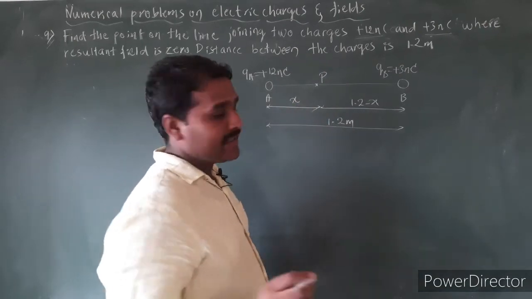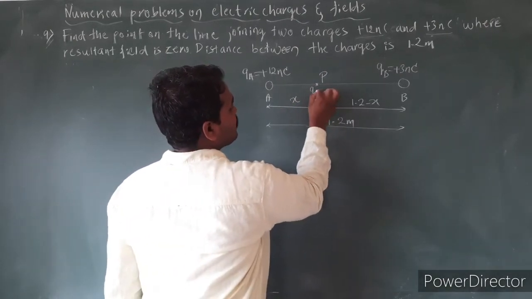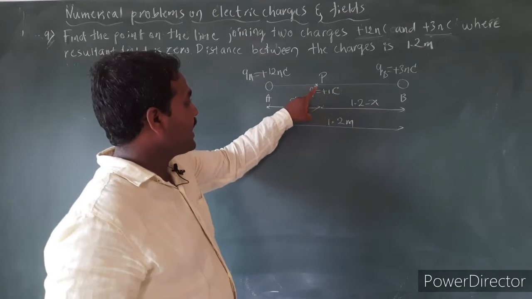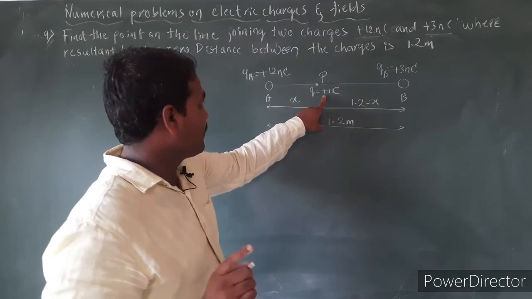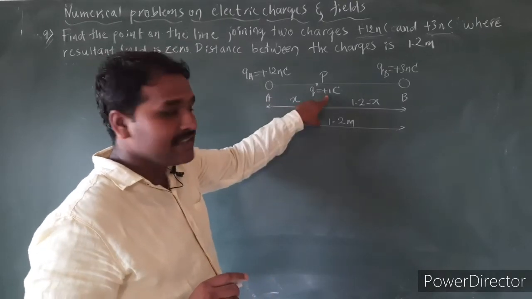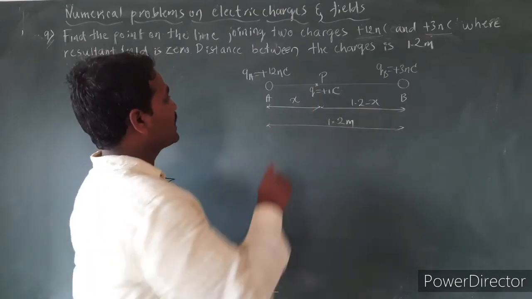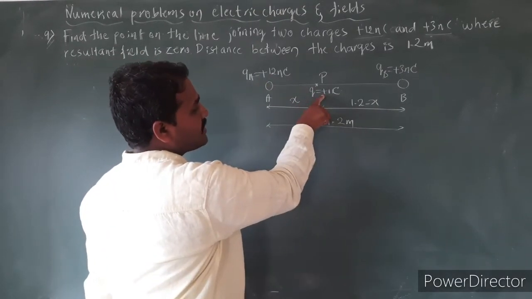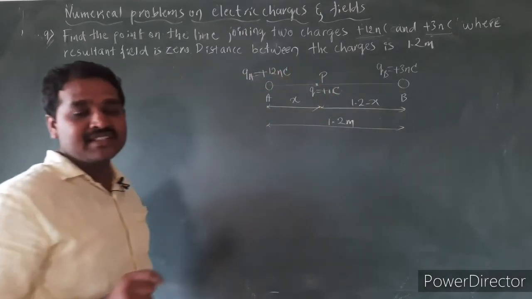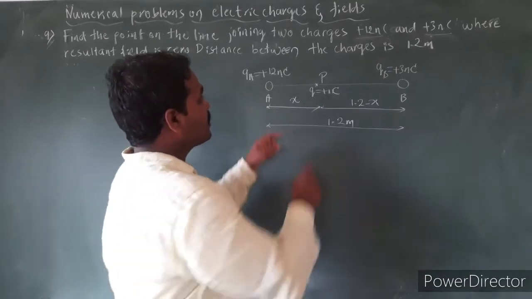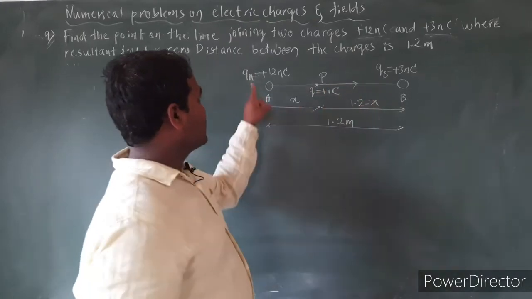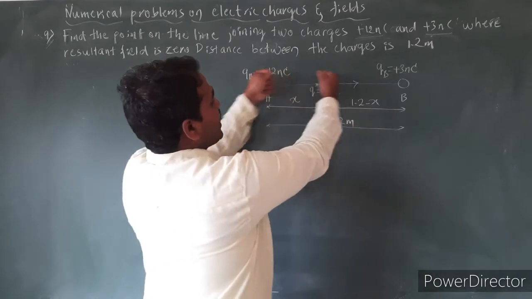Wherever I am calculating electric field, at that point I will assume a unit positive charge of plus 1 coulomb. That is how I find electric field. At point P I have a unit positive charge of 1 coulomb. Consider the source charge QA here. This is my source charge and this is my test charge. This test charge is always positive, and there will be a repulsive force between these two charges since both are like charges. So the test charge will move away from the source charge.